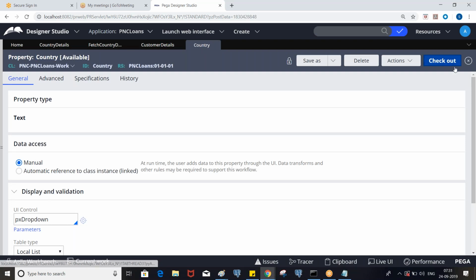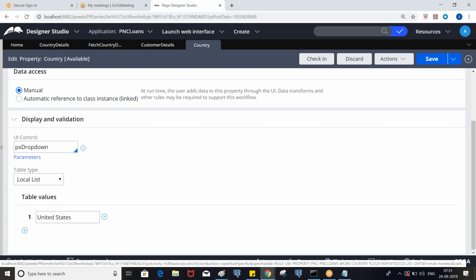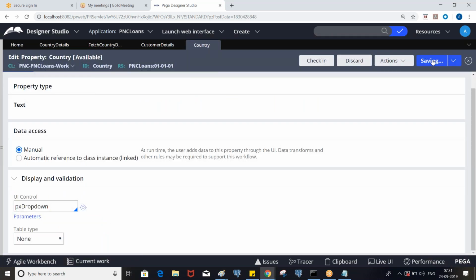Now we are going to remove that. We have seen that whatever values we specify will be displayed in the drop down, but now we are not using the source as a local list.